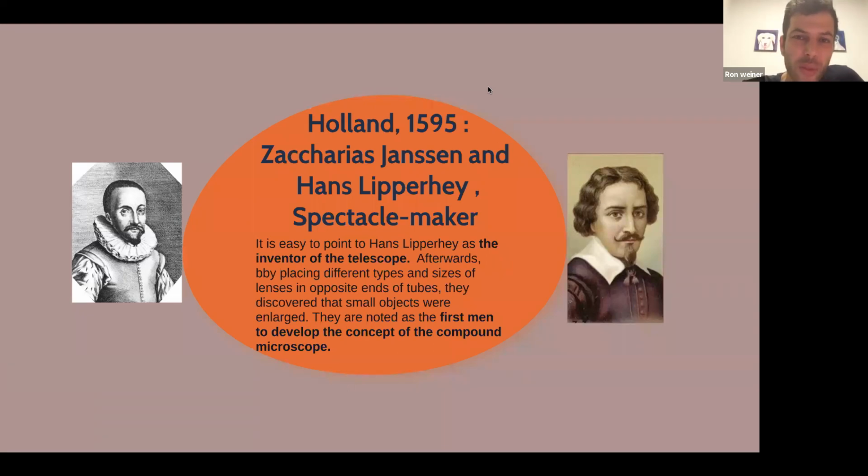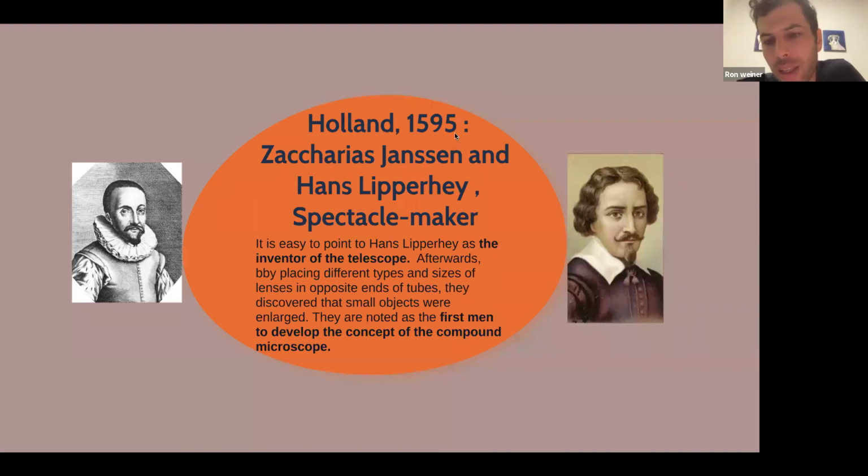So the first ones who invented the telescope, and later on the compound microscope, were two guys from Holland, and their profession literally was called spectacle makers, as we call it today, the makers or the inventors. So it was nice to see that somebody named them like that. And they were the first to create the telescope and the compound microscope. And notice the year that we're talking about. It is